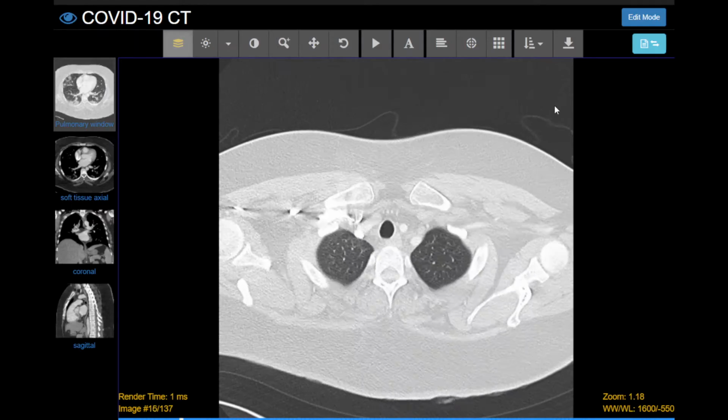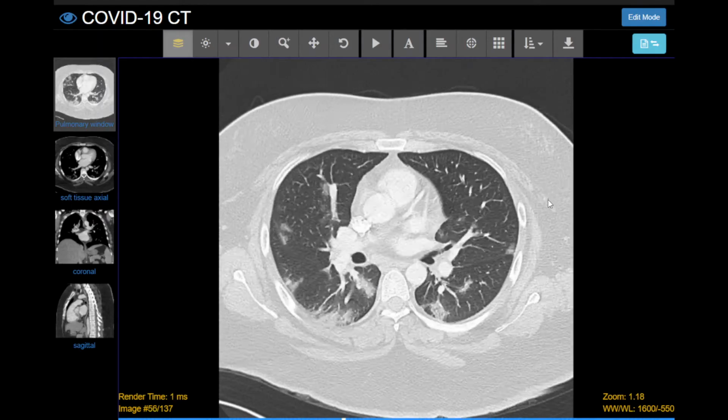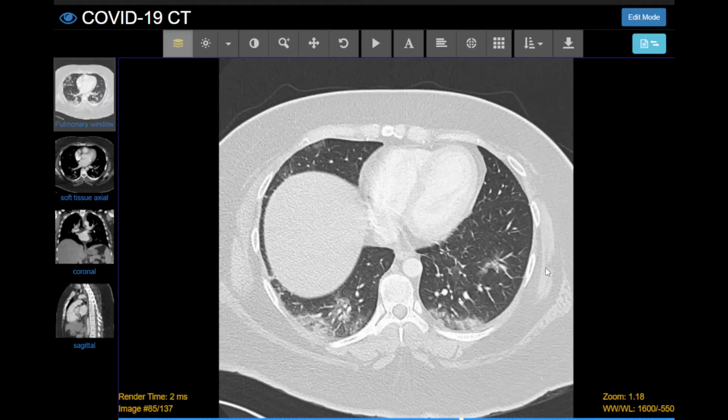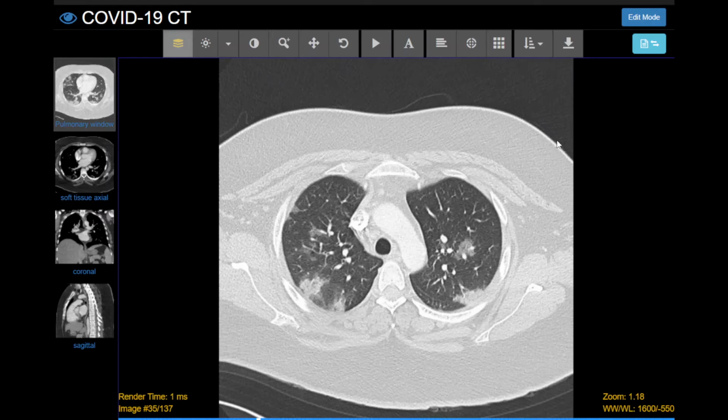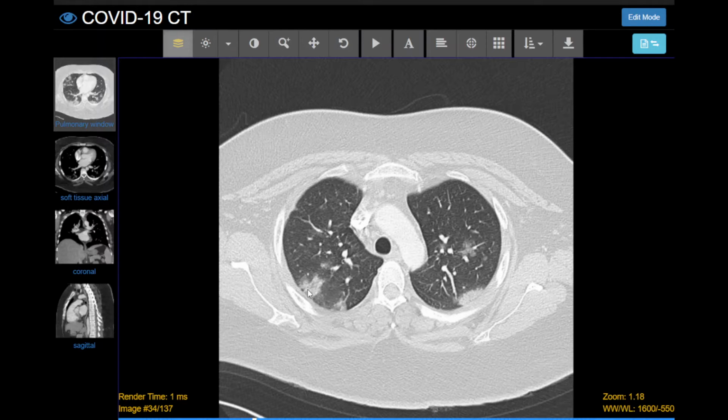Whenever we see findings in the lungs, we want to describe their distribution. Here, they're obviously bilateral, involving all 5 lobes. And I would say they're also peripheral predominant. For example, right here, we see most of the opacities are towards the periphery of the lungs along the pleural